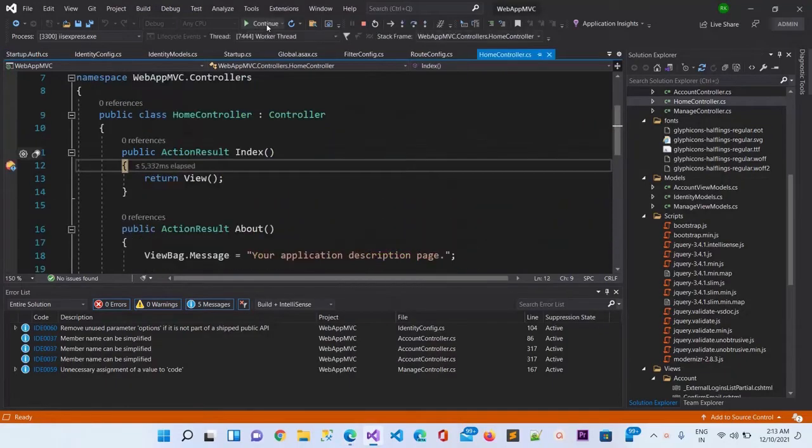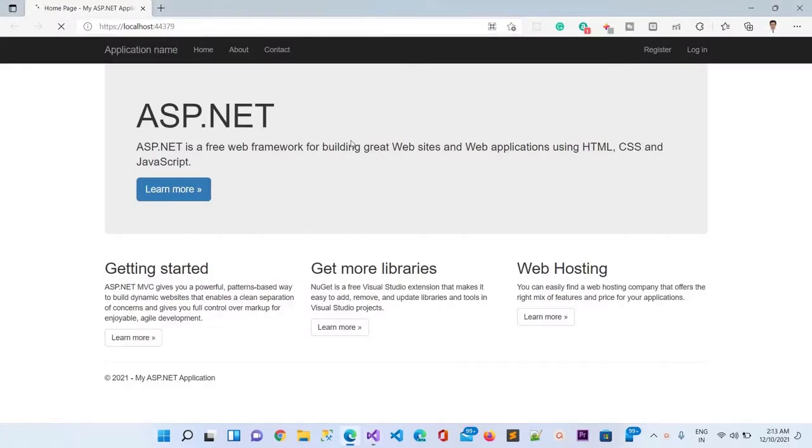So you can see it has now reached the controller, and here is the index file which is loading. So this is the index file.